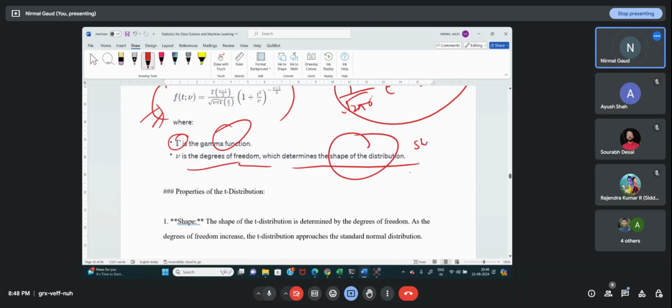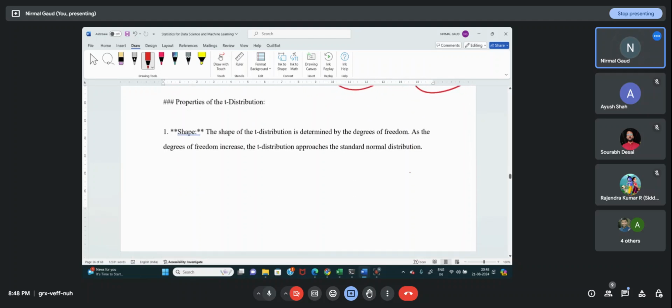Shape, the dimension of the distribution. In how many dimensions is the data present? 2D, 3D, whatever. So shape is degree of freedom. As the degrees of freedom increase, the t distribution approaches the standard normal distribution. That means,